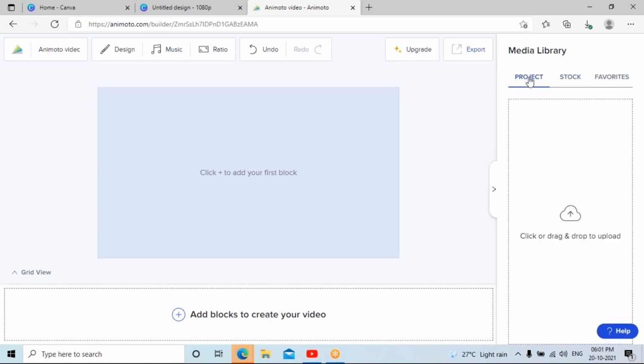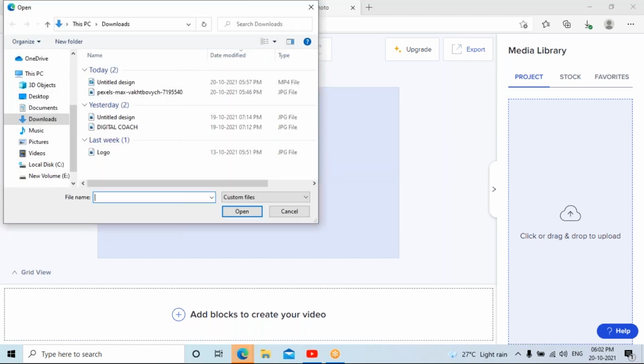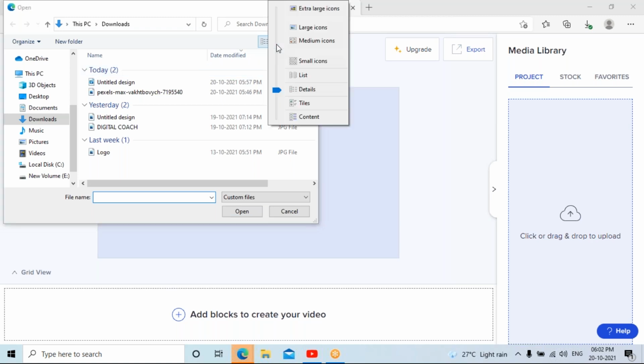So let me go to the project on the right hand side under media library. There is an option called project. You can add all those images which you want in your content.